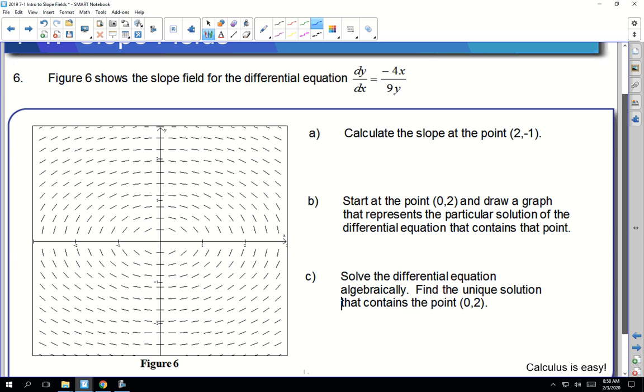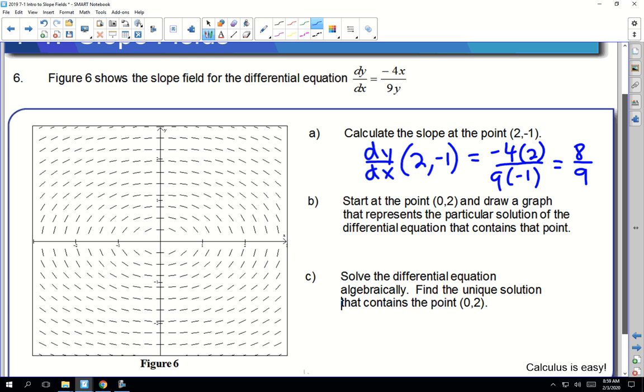So it says calculate the slope at the point (2, -1). So here's what we do. We go dy/dx, and this is the notation for (2, -1). So it's dy/dx, or y prime. It's like f of x notation. It's the same deal. We're just treating these differential functions like functions we've studied in the past. This is like f of x notation for derivatives. dy/dx at (2, -1) equals negative 4 times 2 over 9 times negative 1,